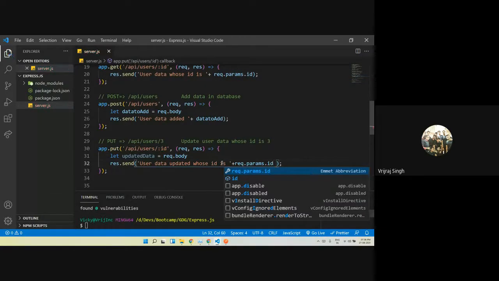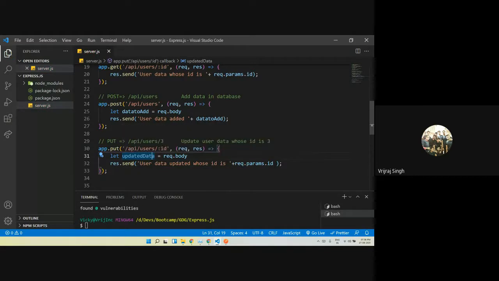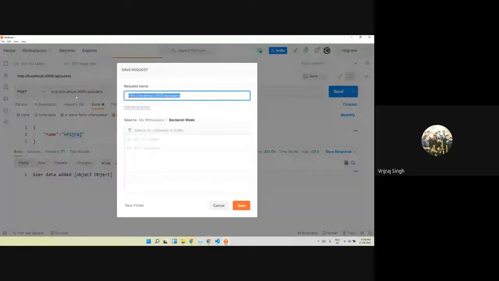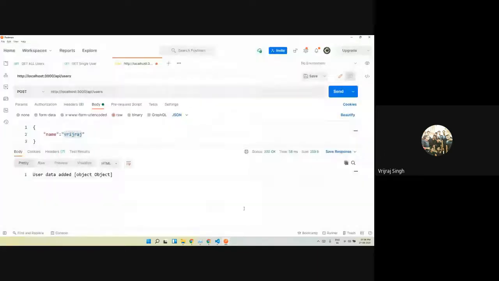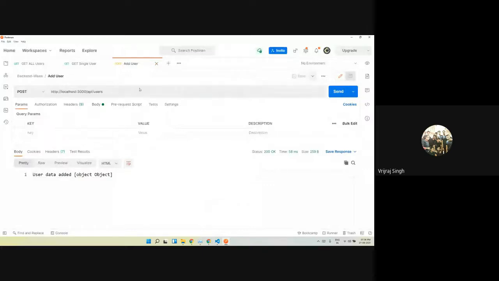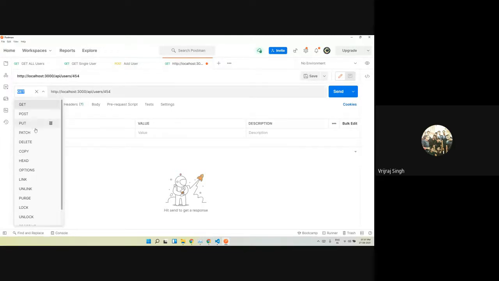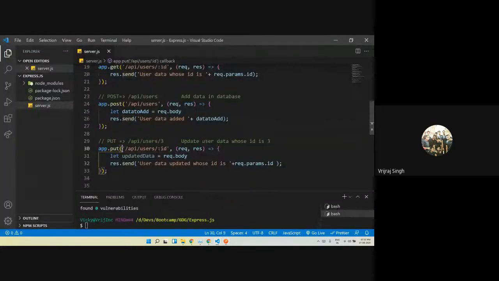Okay. So we have created another API for updating data. So we can check it on Postman. So right now we have a post API. So I can post these APIs. I can save this one like add user. This is the API. I will click and then click on the save button. Okay, so we have another API, so I'll just copy and click on the new tab, and then we have a request here. Let's say I'm passing 454, and my request is a put request for testing